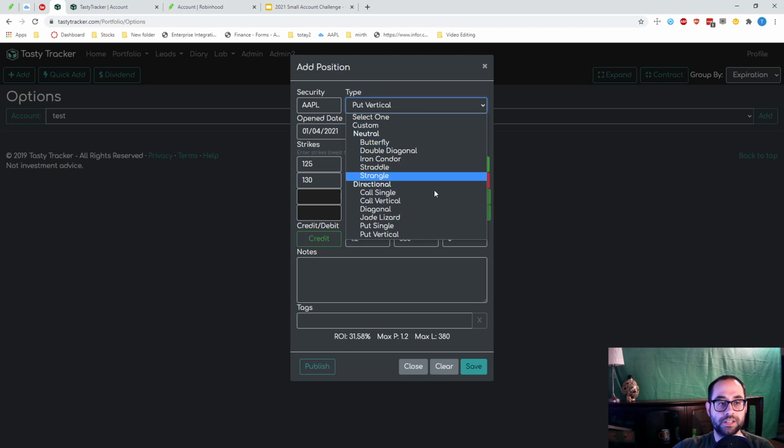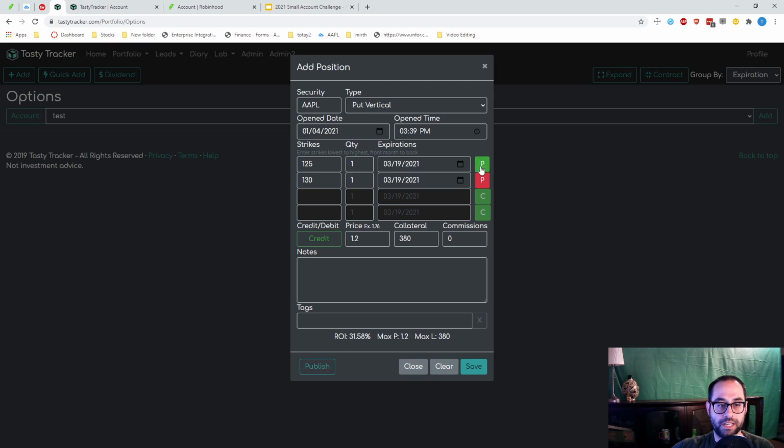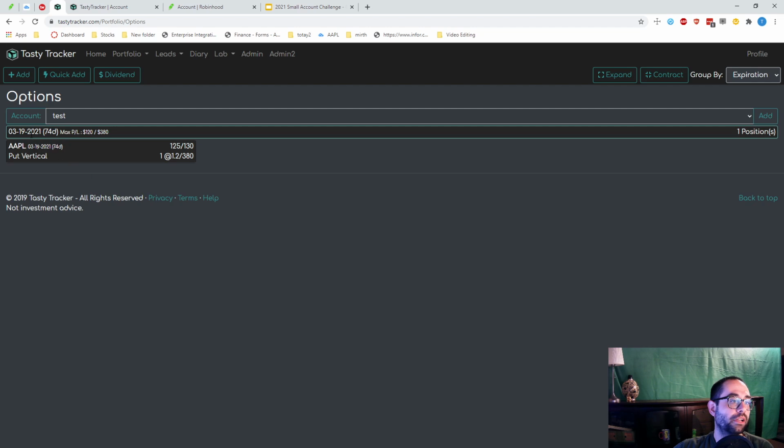So if you change these drop downs, it will change this as needed, but you can also click on these and say exactly what you did. Okay, so let's go ahead and hit save. Now it shows up here, it has the expiration here, how many days to expiration, the max P&L for this